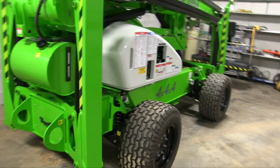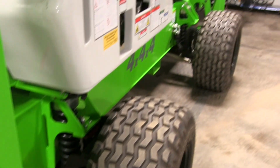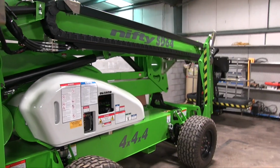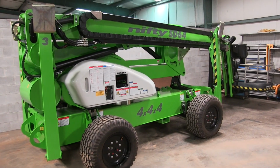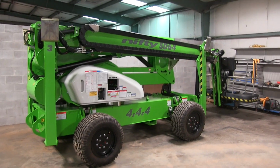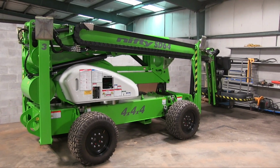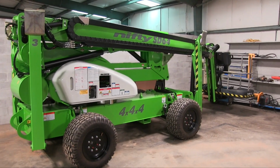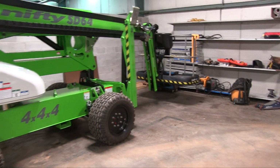Like I said, it's four-wheel drive and four-wheel steer and four-wheel suspension. Independent suspension on all four corners. It has a 24-degree gradability, 10-degree cross slope. It's rated to set up on an 11 or 12-degree slope without using any cribbing under the outriggers. Obviously, you need to use pads and other ground support, depending on your conditions in the ground that you're working on. It's powered by a 33 horsepower Kubota engine,